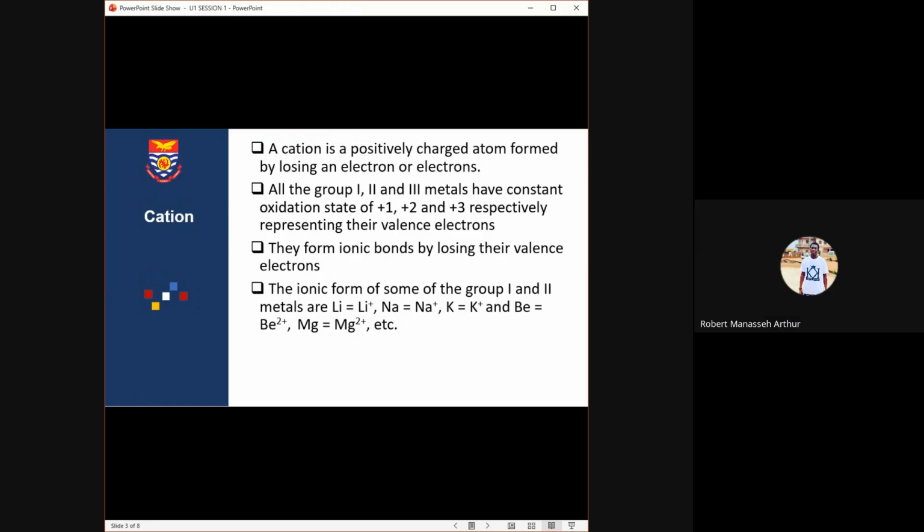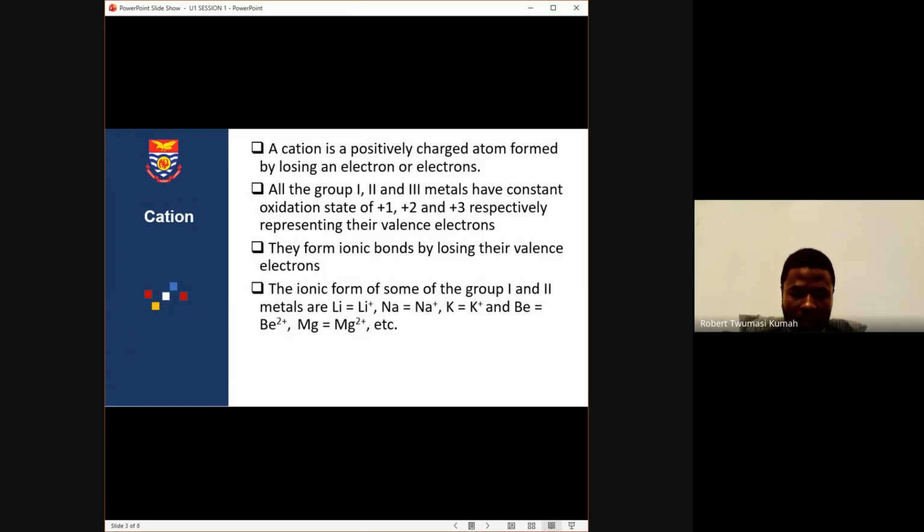It is the smallest unit of an element that retains its identity during chemical reaction. Okay, that retains the chemical properties of that substance or that element. All right, thank you for your contribution. All right, now when you look at the atom,